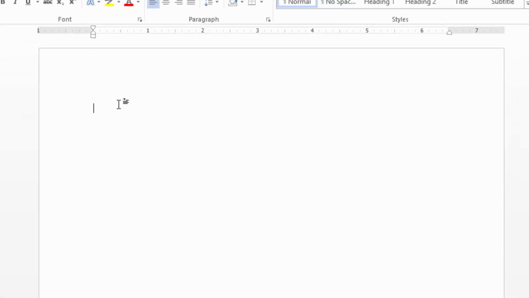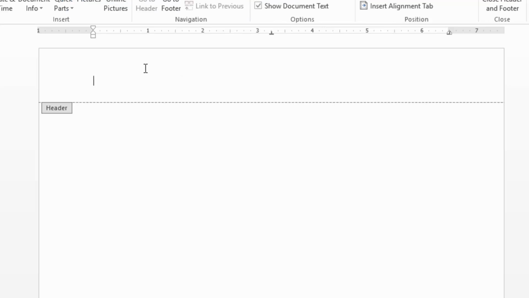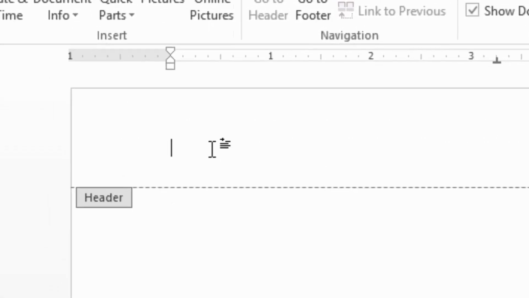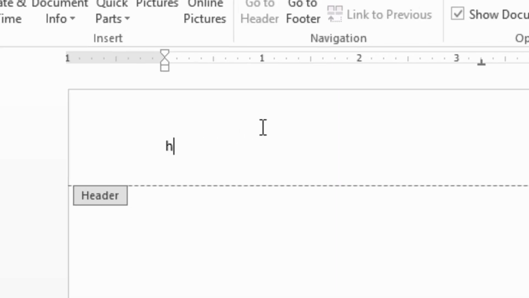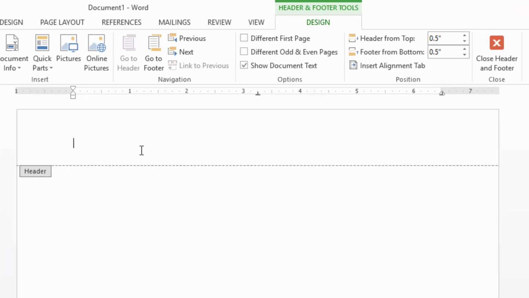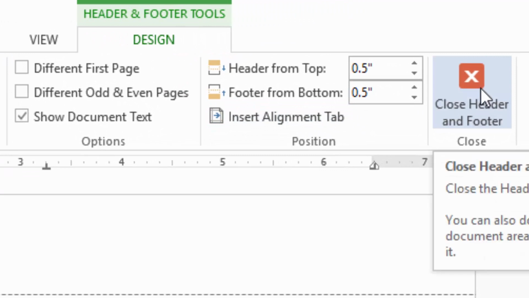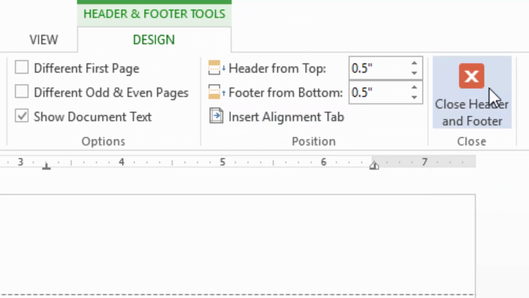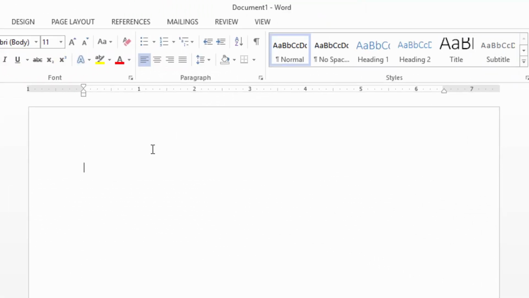Now, if you want to do anything on the header part here, you just come to this top margin and double click. You can see after double clicking, the cursor is now blinking, and here is a label which is written header. It means I am in the header part of the document. I'm no longer in the body part of the document. So I can type anything here in the header. If I want to leave the header, I can just press escape button on the keyboard or come to this icon and click it. When I click here, close header and footer,